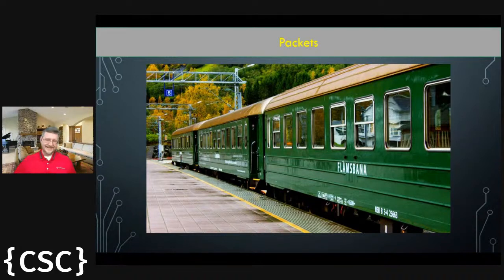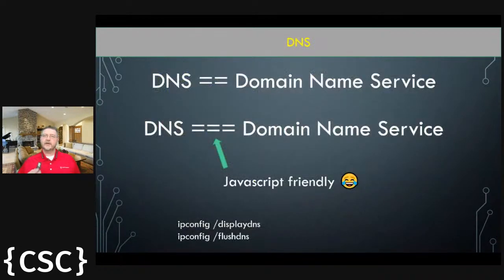Now, how does it get there though? The first thing that happens is, for example, you open a browser and go to google.com, and the name is actually not the real address. The name gets translated to an actual address, and that's the IP address that we're talking about. This translation is done with DNS, the Domain Name Service.